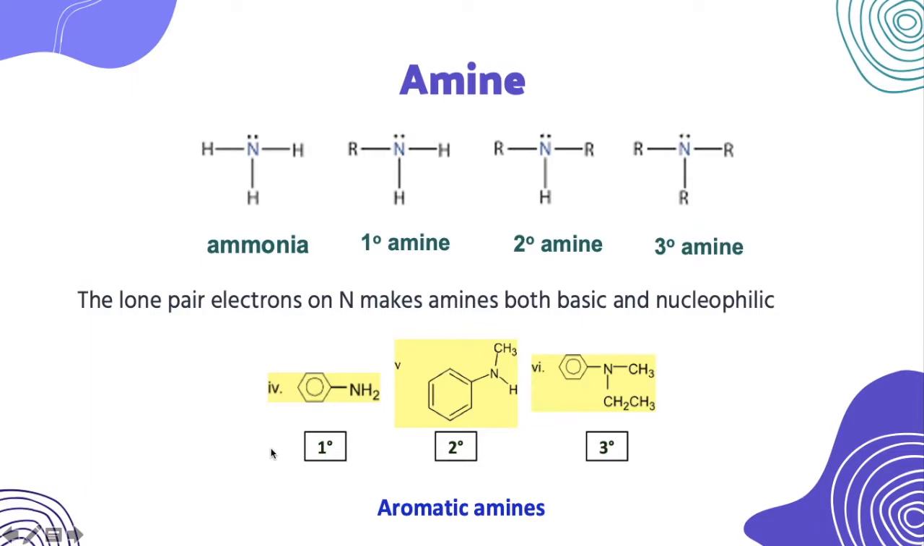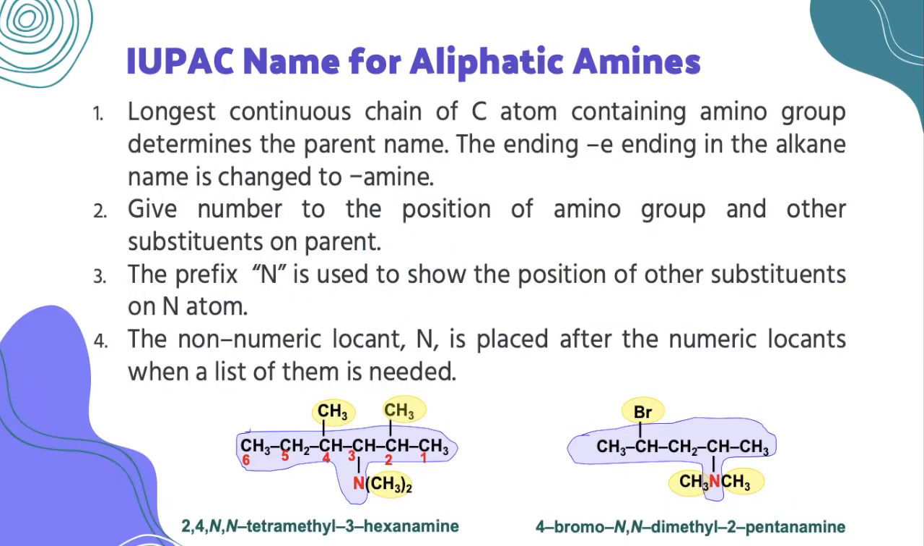These are examples of aromatic amines. Primary aromatic amine, because 1 R group is attached to the nitrogen. This is a secondary aromatic amine. This has 1 R group, 2 R groups attached to nitrogen, and 3 R groups attached to this nitrogen, which makes this structure a tertiary aromatic amine. For the IUPAC name for aliphatic amines, the longest continuous chain of carbon atoms containing the amino group